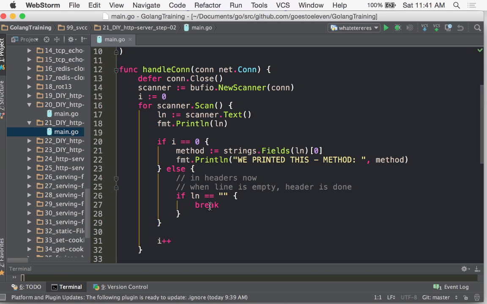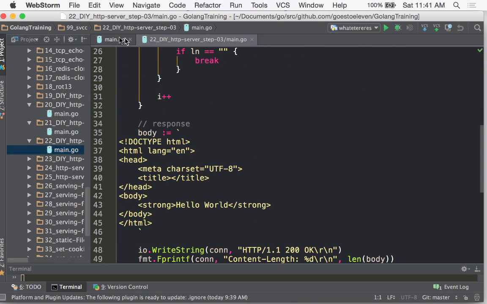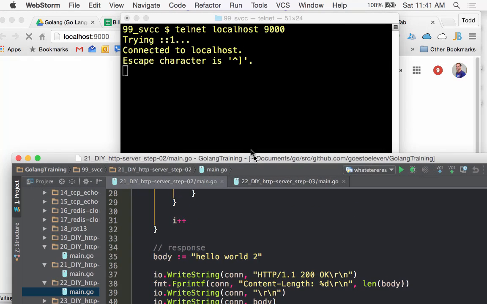So we're printing that method, and then we're going to have a little bit of a break here when line is equal to nothing. We have an else here, right? We have some else condition, and I think in the next one we don't do anything. Okay, we're starting to do body. And so down here, we're doing a response. Now we're writing back to the client. So we create something we want to write back to the client. We're going to create our headers. And so up here in this picture,